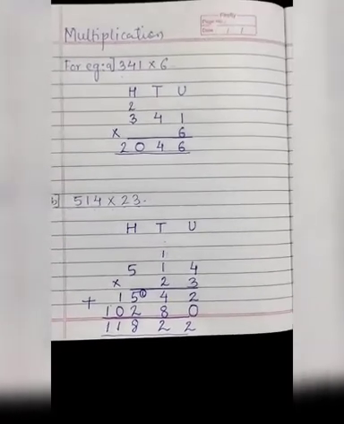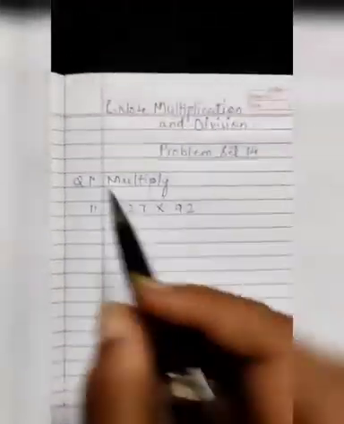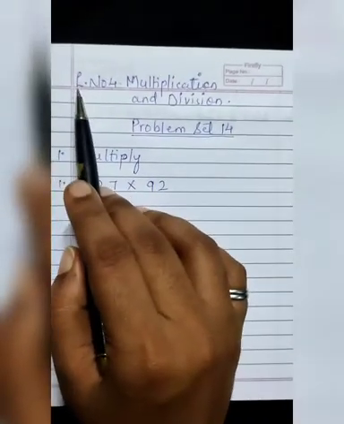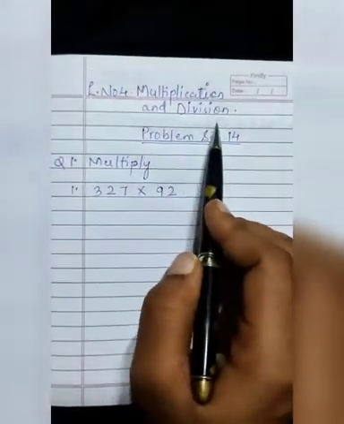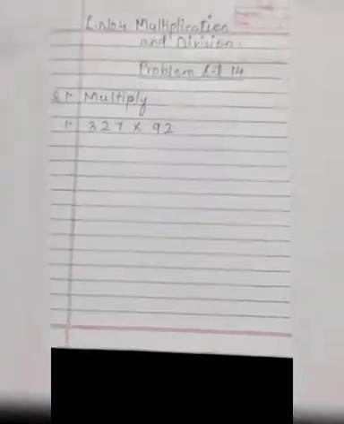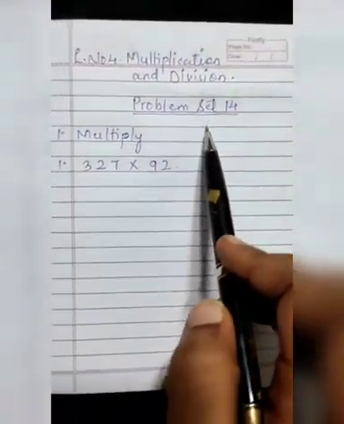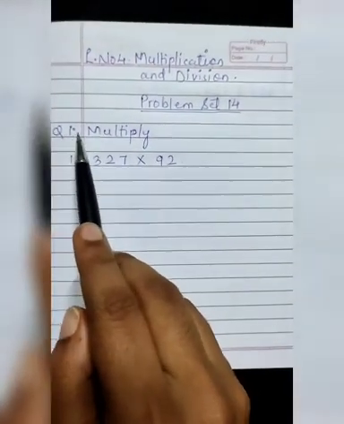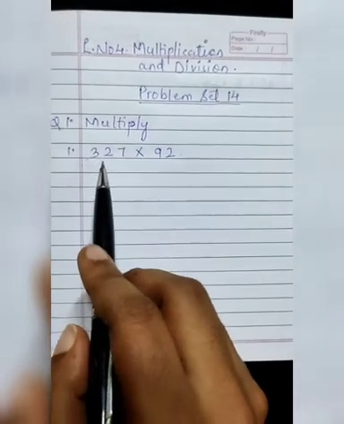Now students, take out your maths notebook and take a new page. Write today's date and on the margin write lesson number 4, multiplication and division. Then write problem set 14. Take out your textbooks also, students. Then copy the first question, that is multiply, and below copy the first sum, that is